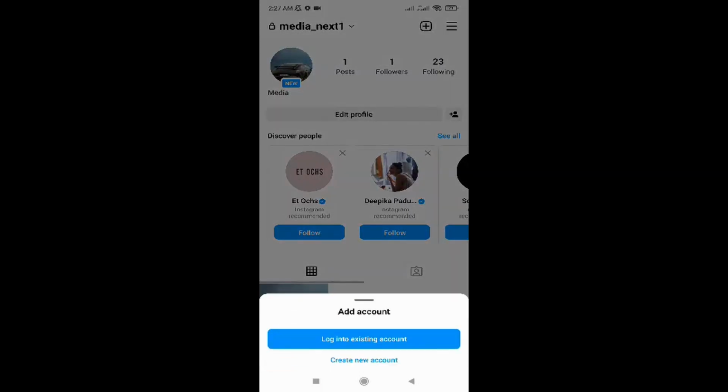Then you can choose if you want to log into an existing account or create a new account. If you want to create a new account, you can click on create new account. If you want to log into an existing account, you can click on login into existing account. So I will go ahead and click on create new account,